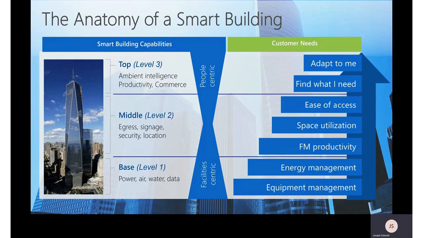And the next transition after that is what the building is actually doing for people. So how does it improve productivity? How do we use it for commerce? And how does that building itself adapt to me as an individual, and how I use it and what I might have to use it for? And the term ambient intelligence is synonymous with artificial intelligence, machine learning. So once you're really trying to move towards, okay, how do we improve the experience of our occupants, you're going to need that technology to be interacting with all of the various systems